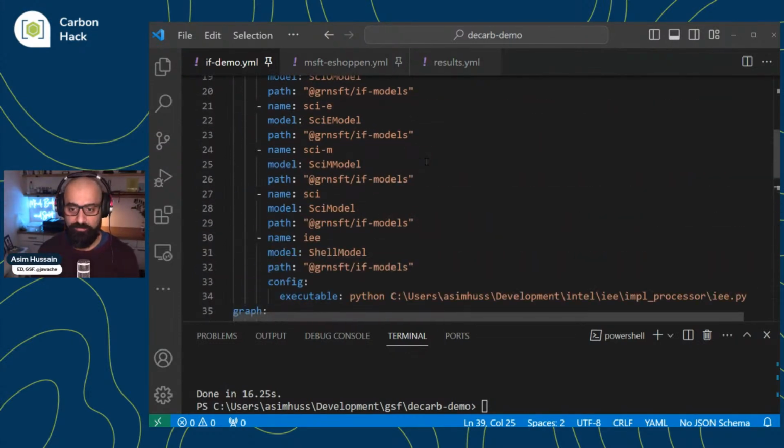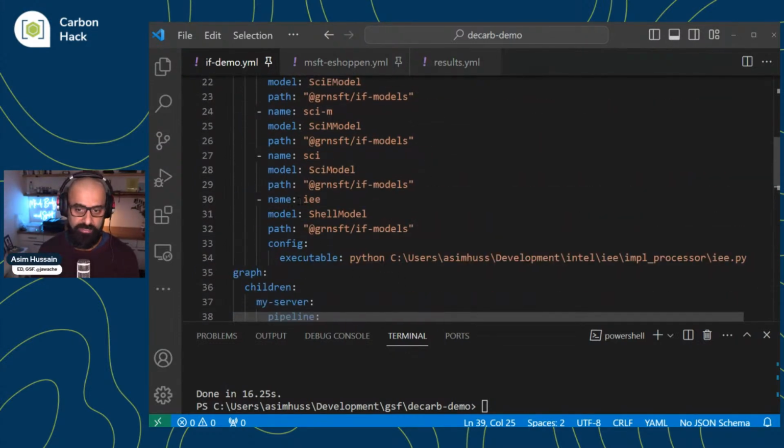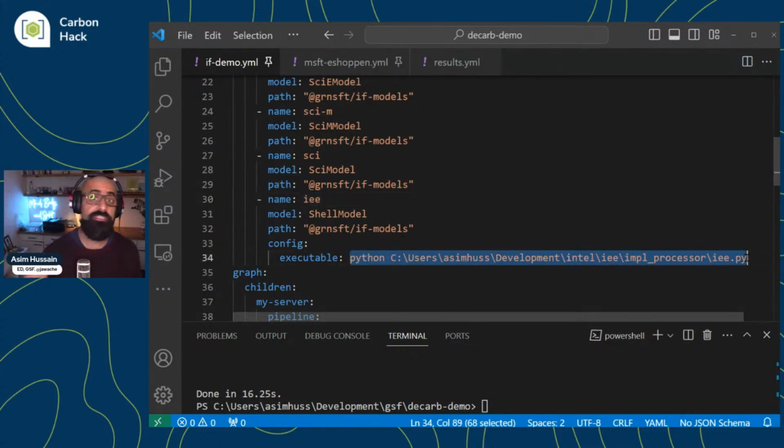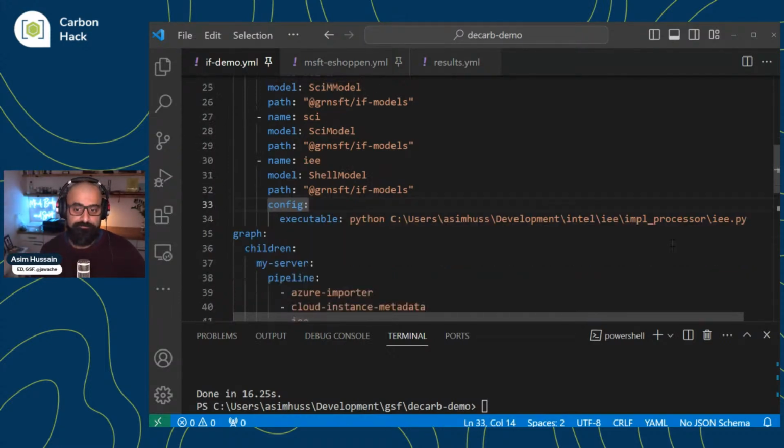IEE is what we call a shell model, and in fact, it calls a Python script. So you don't need to write your models in TypeScript. You can write them in whatever language you need. As long as it can be executed as a command, it can work from within Impact Framework. So any language is open.